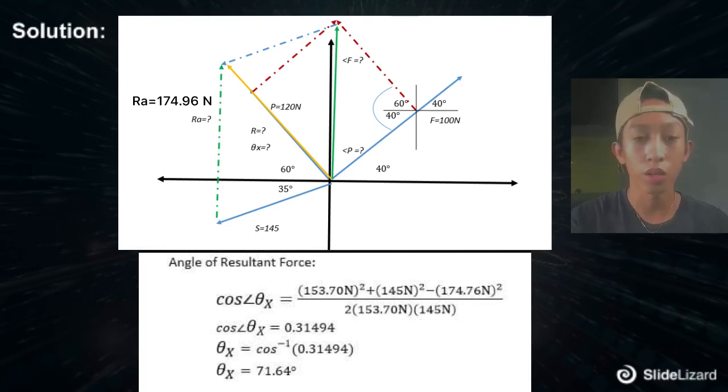Then multiply 2, by 153.70, by 145, which is equal to 44,573 N. Once you have all the answers, the numerator is equal to 14,107.63 Newton. Divide it by 44,573 Newton, which is equal to